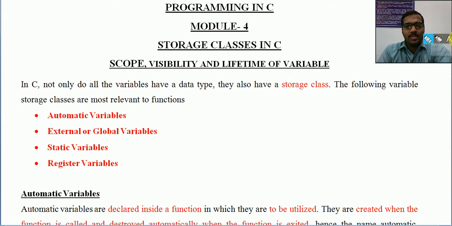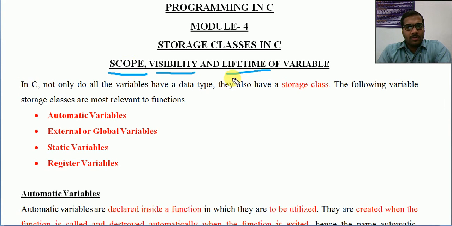Whenever we use some variable, it has some scope. In a simple way, I can say where, or within which location, these variables can be accessed, or where it is visible, and how long the variable will be there in the program, whether it is available till the end of a function, or till the end of the program, or even after that whether these variables are available within the system.